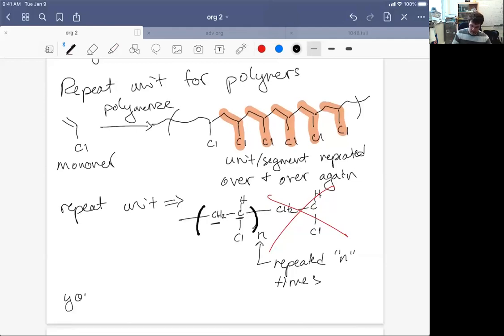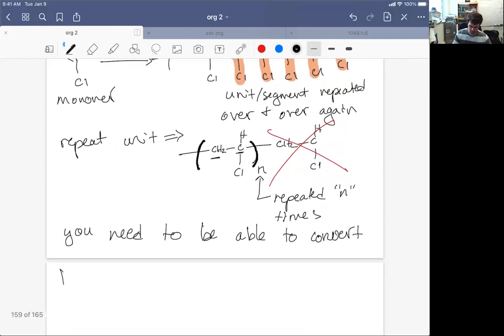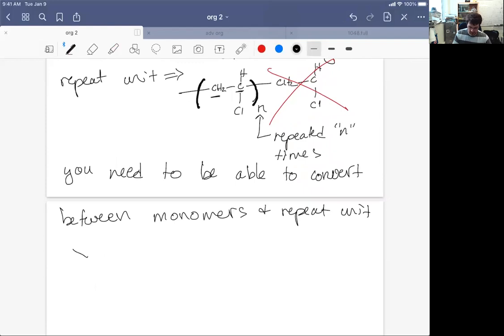So what do you want to be able to do? You need to be able to convert between monomers and repeat unit. And so it's sort of back and forth. What I'm saying here is if I handed you vinyl chloride and said, draw the repeat unit of the polymer,